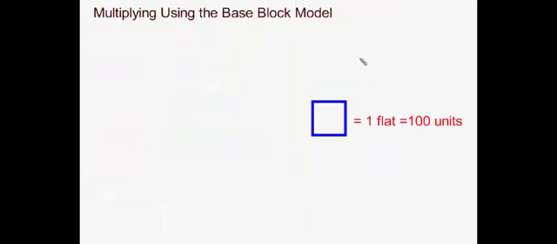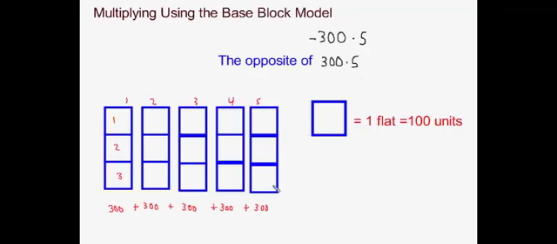1,500. In a similar way, if I wanted to multiply the number negative 300 times 5, you could think of this as that the negative here just means that we want the opposite of the previous situation where we had 300 times 5. So it's very important that you watch the first part of the video where I showed how to multiply 300 times 5. And we came out with the fact that if you multiplied 300 times 5, that indeed came out to be